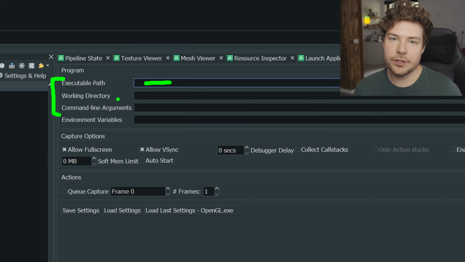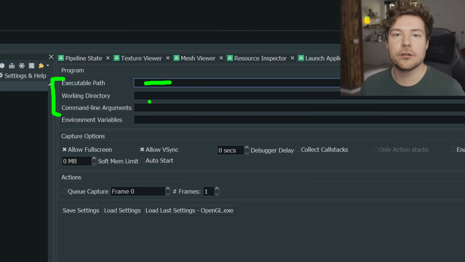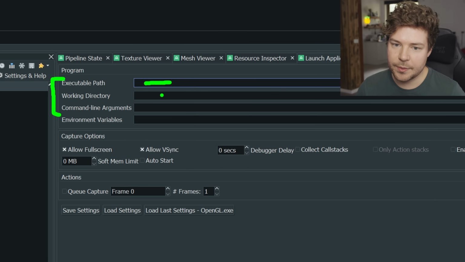Working directory is really important. This is where a lot of people go wrong. I probably should make a video just talking about working directories in general, because I feel like universities don't teach what a working directory is, and then students will struggle the rest of their introductory semester of programming. But anyway, working directory, the reason why this is so important and people get this wrong is because if